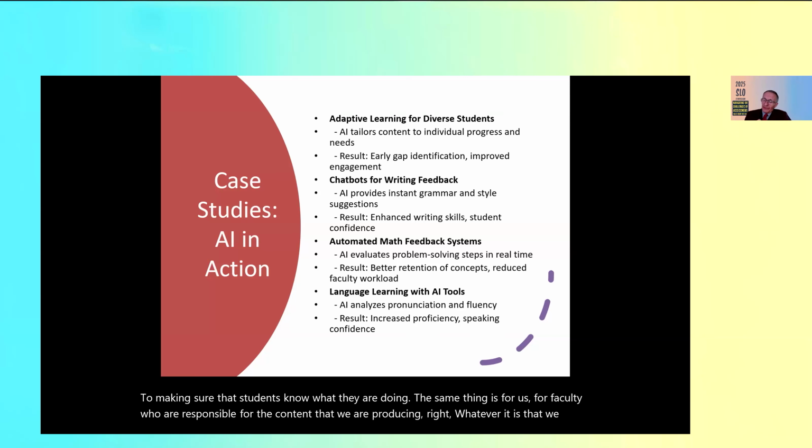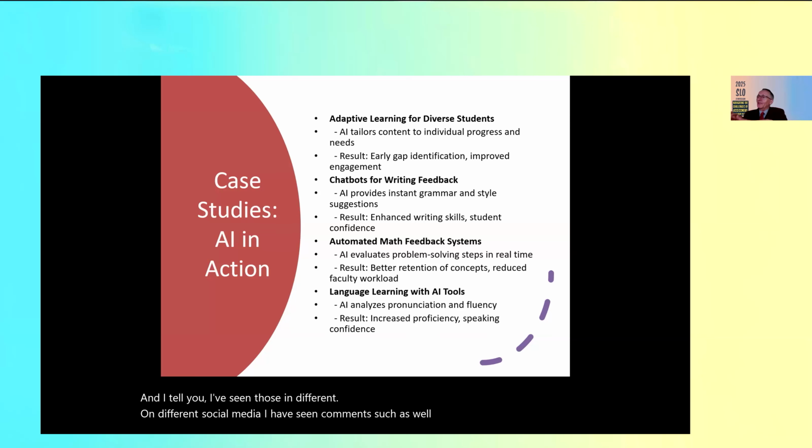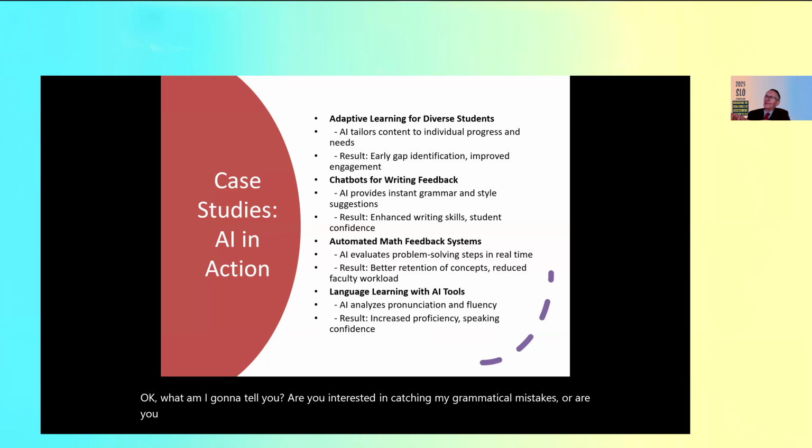And I tell you, I've seen comments on different social media, such as, "If you send me an email that's generated by ChatGPT, then I'm going to trash it instantly." Okay, what am I going to tell you? Are you interested in catching my grammatical mistakes, or are you interested in what I have to say? Because if my thinking